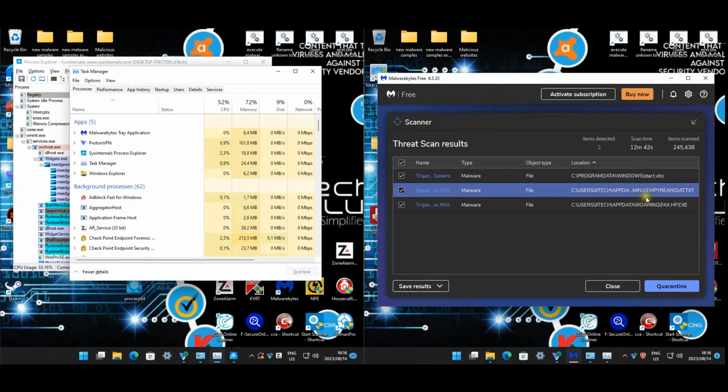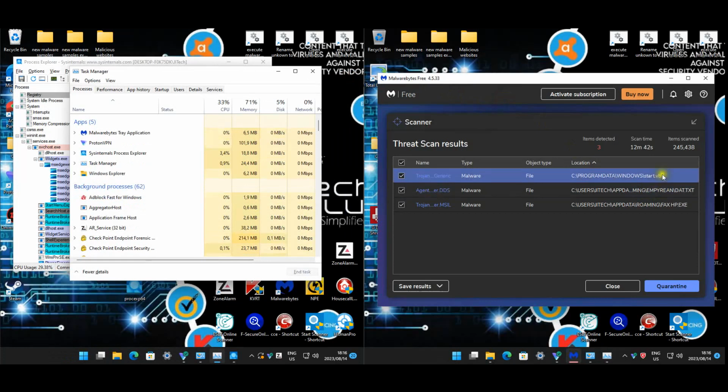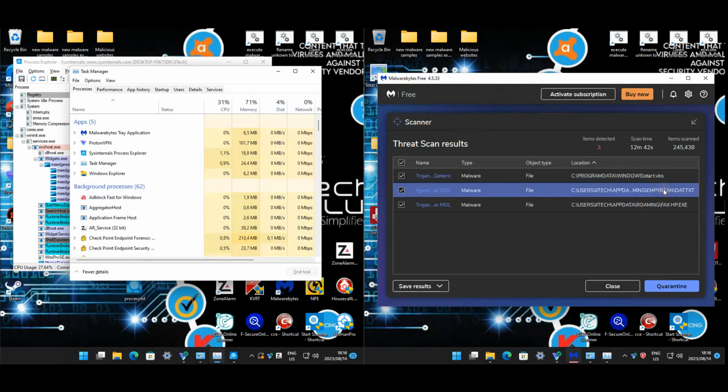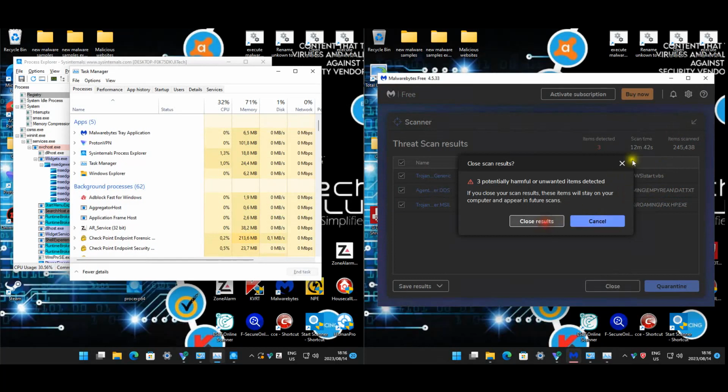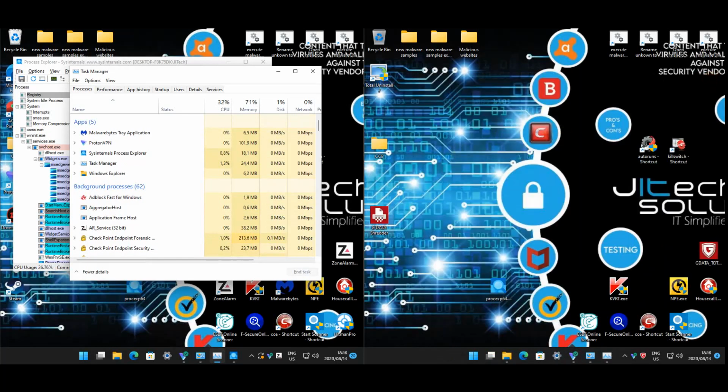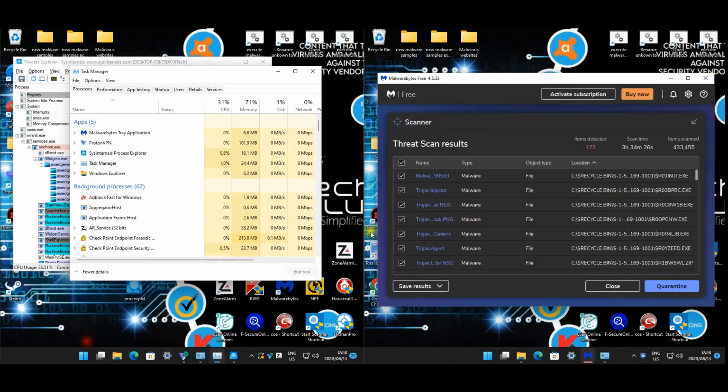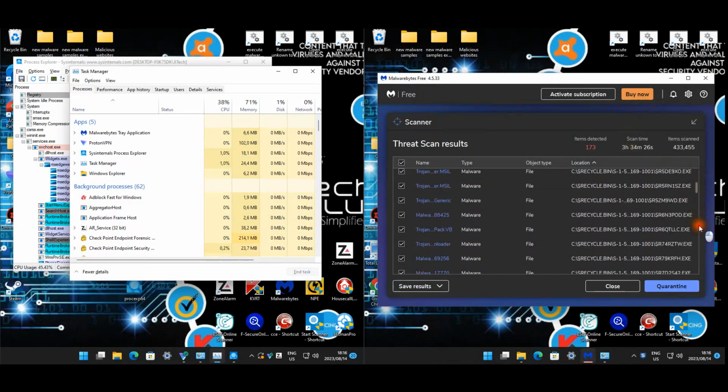Now with GData, seems like we only got 3 problems. So we've got this VBS under Windows, and then we've got this text file, and then an exe under app data roaming as well. Now, last but not least, we're going to go back to Sophos, 173, obviously due to recycle bins. We'll just skip